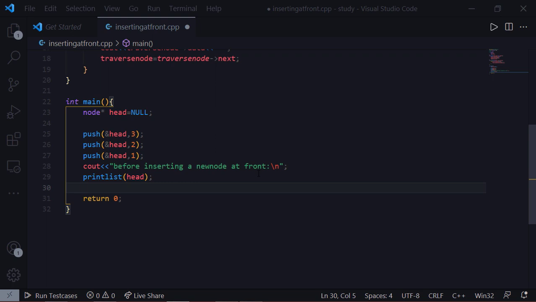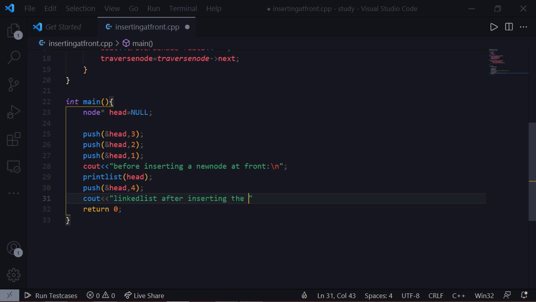And now I'm inserting a new node at the front. So push the address and a value that you want to insert at front. I'm taking it as 4. Linked list after inserting the new node at front.